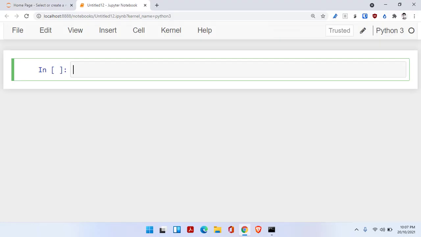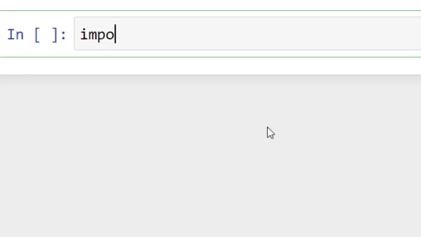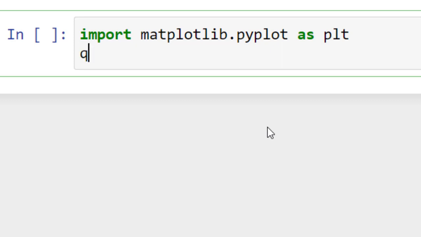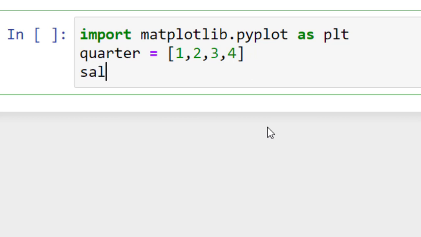The first thing you need to do is write import matplotlib.pyplot as plt. Then I say quarter equals 1, 2, 3 and 4, and then I say sales equals, and I take some random values over here.